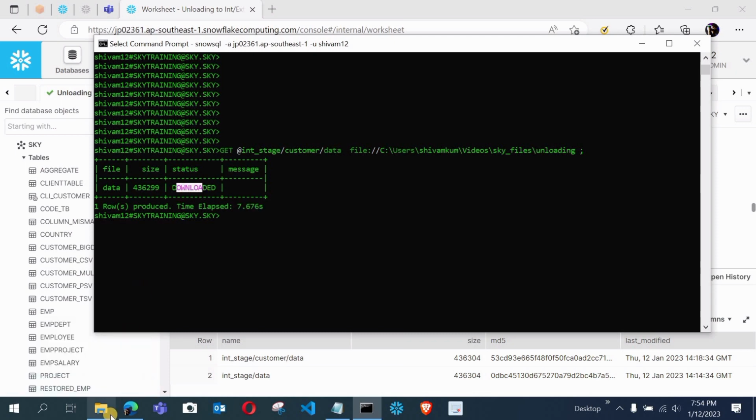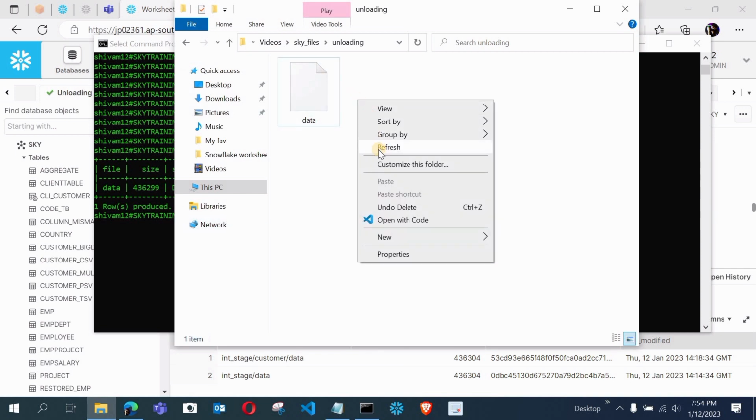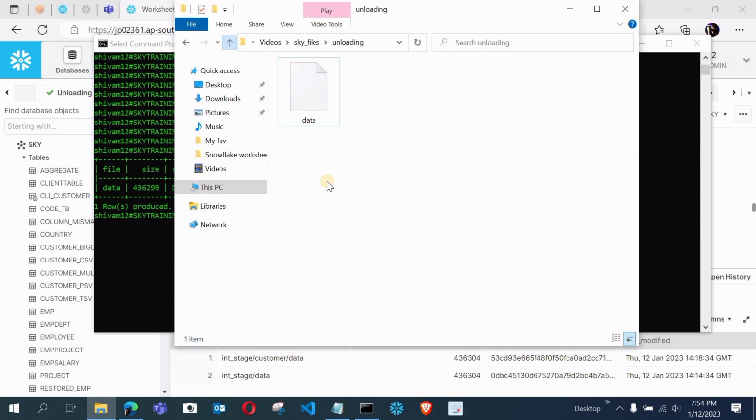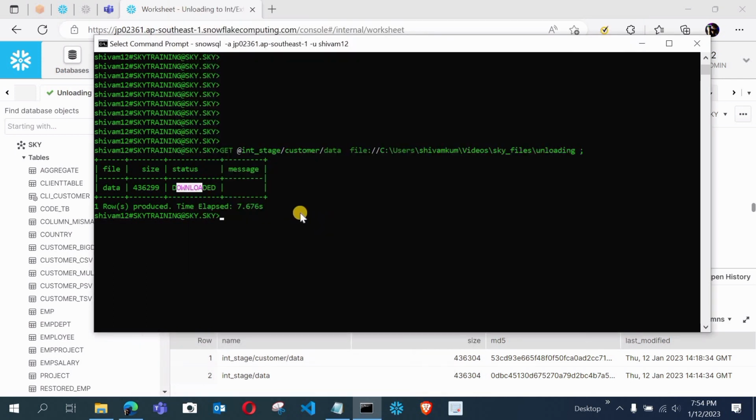Now let me move to the local machine and show you. You can see we got this data file successfully unloaded to our unloading folder. By this way you can unload any table data to your local machine.